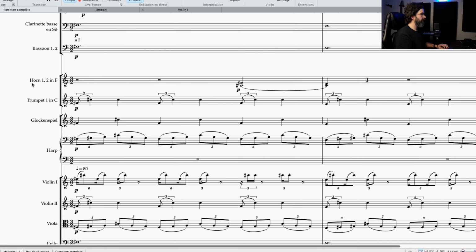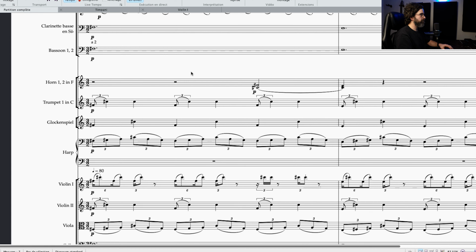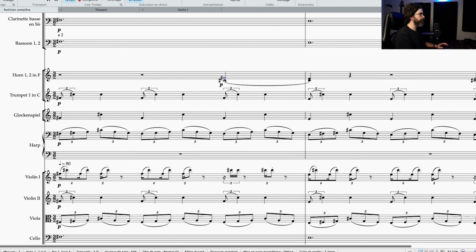After that, let's look at my brasses and percussion section. For the brasses, well, it was a music that was to be played piano, so I didn't want to go too crazy with the brass. I didn't use any trombones. I used one trumpet and two horns, so kind of a small orchestral setting, just to create some continuity for the lines of the melody.